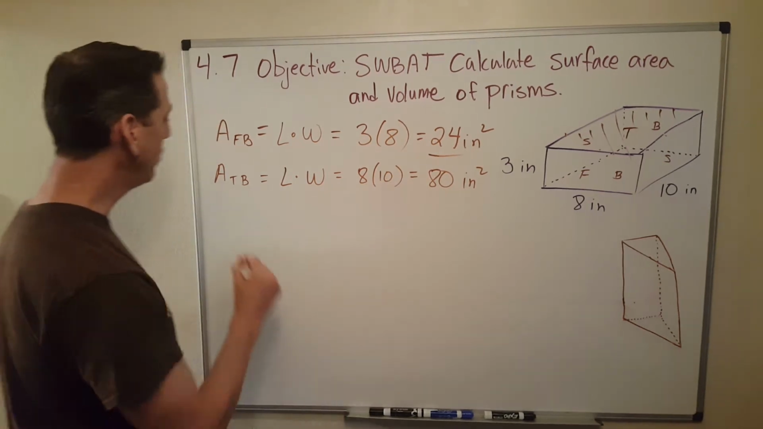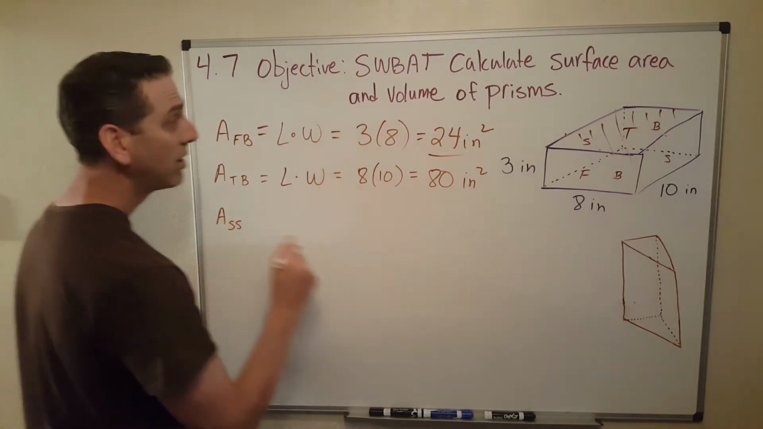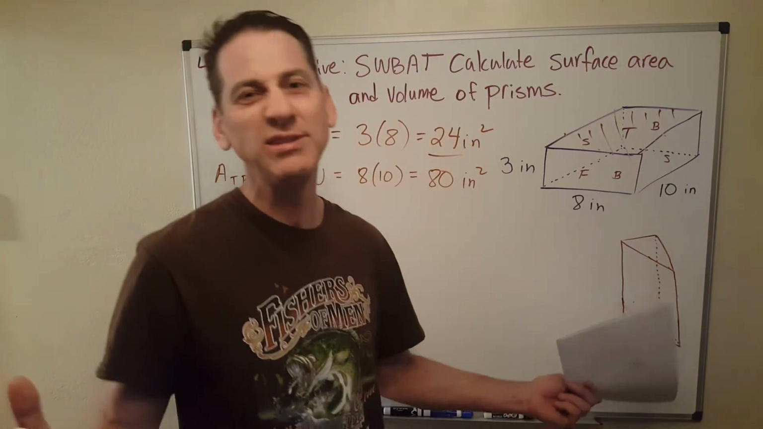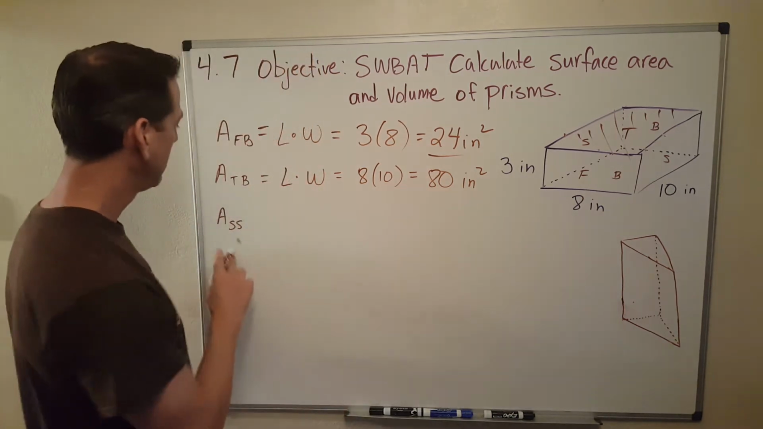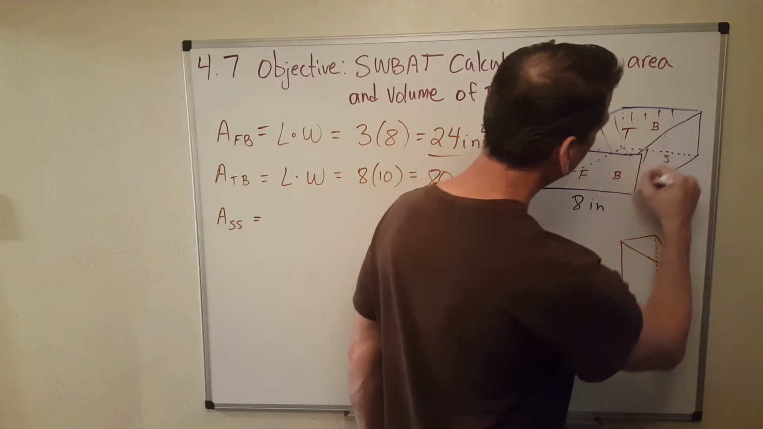Okay, so now I have 1 more set of 2. I got the area of my 2 sides. Again, you can label them however you want. This is just typically how I do it. Area of my 2 sides. Okay, so that side right there,